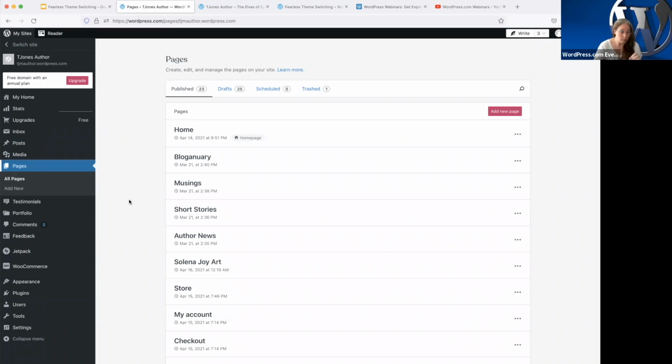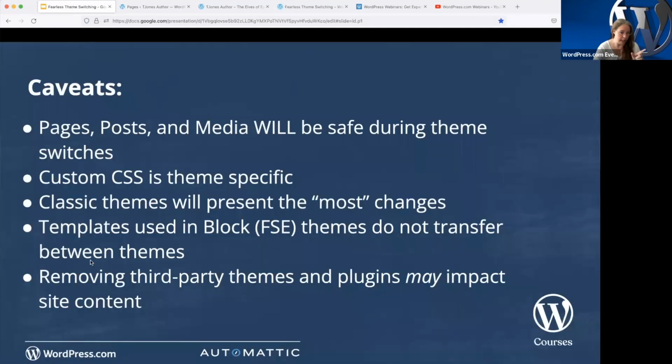Where you might run into some challenges, as I cover later on this slide, is in removing third-party themes and plugins. That may impact site content. Because if you're using, say, for example, the Astra theme and the Elementor plugin, and you've built your content inside of Elementor, and then you decide to switch away from Astra, you go to one of our themes, and in the process think, oh, I don't need Elementor either because that came with Astra, and you deactivate those pieces,